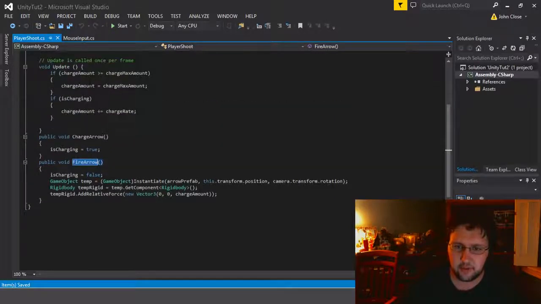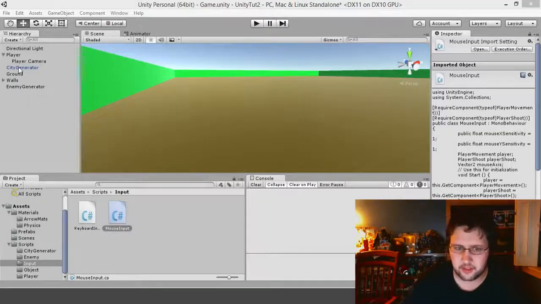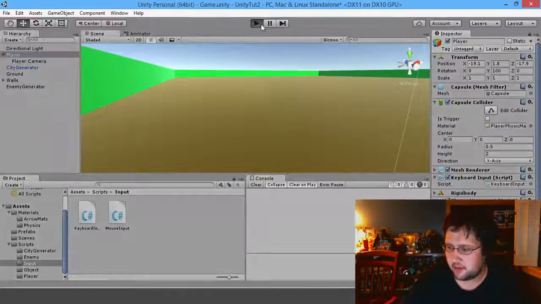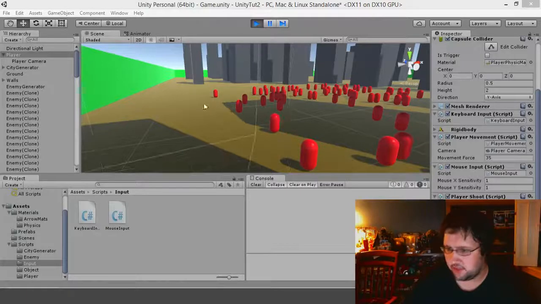So in this case, I'm having an issue. The first thing I'm doing is: if charge amount is greater than max charge amount, set it, and then I add charge rate if is charging. So something's wrong with the charge rate. Let me look at the player real quick, and you will see that the charge amount is there. So let's charge it up and fire it. Oh,